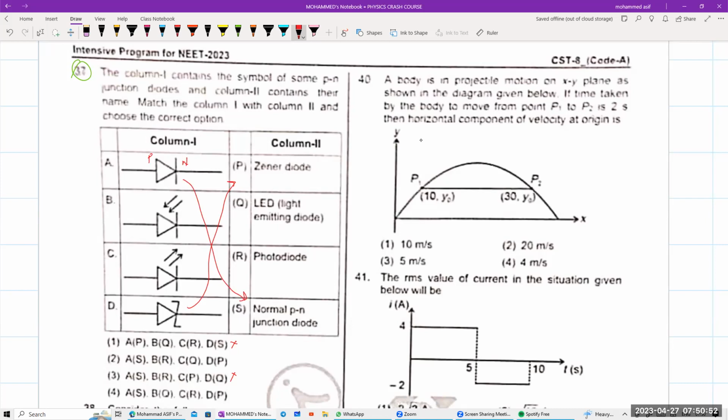थर्ड वन देखो बेटा, यहाँ पर इंसिडेंट है और यहाँ पर लिबरेट है। When it is incident, it is known as what? Photodiode। This one is known as photodiode, यानी B will be equal to R। When it is giving away light, ये जब दे रहा है ना light emitting होता है, एरो मार्क्स ऊपर जा रहा है मतलब लाइट एमिटिंग होता है, तो C will be equal to Q, यानी सेकंड ऑप्शन। डन? आ गया? वेरी गुड। चलिए